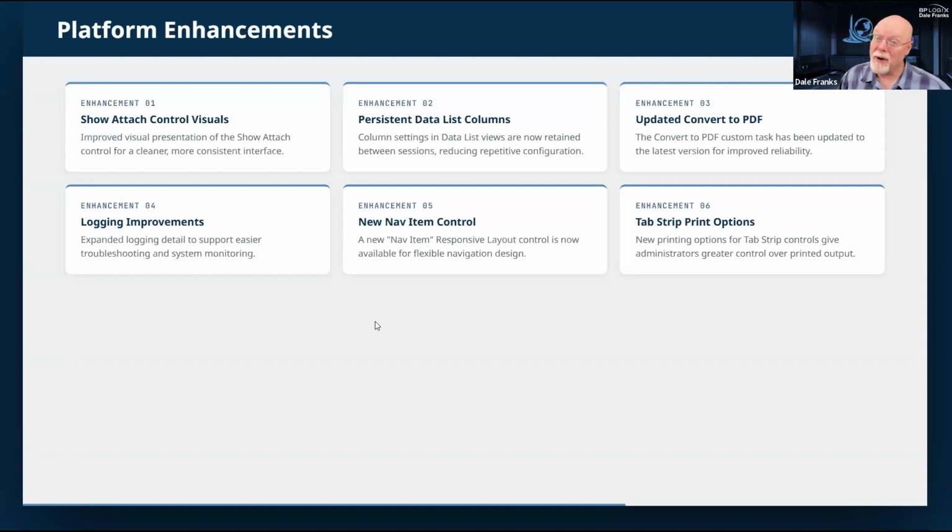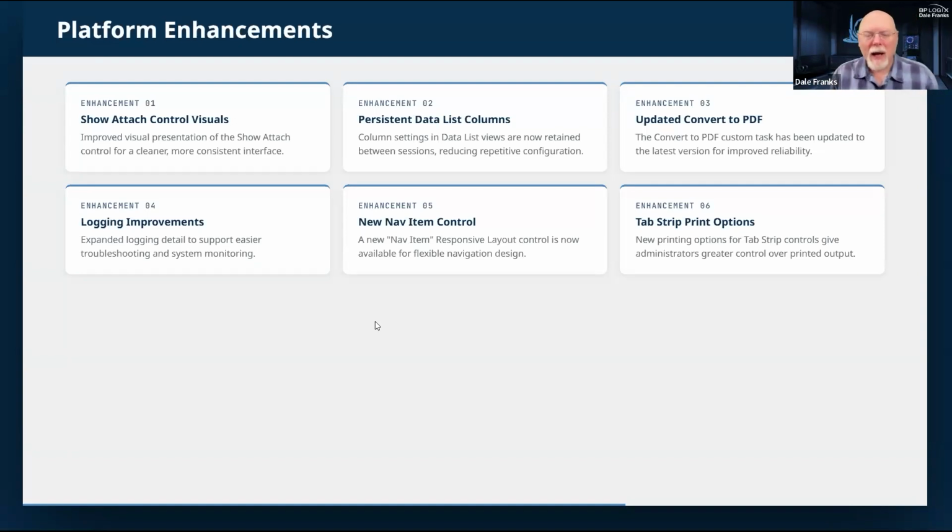Again, there may be other problems associated with persistence. Neither redoing all the columns nor trying to keep all the columns is a panacea. On balance, we think persistent data list columns at this point is the better choice. If you don't like it and a bunch of you yell at us and say change it back, we'll probably change it back if that is what people want. But for now, we think this is a better solution.